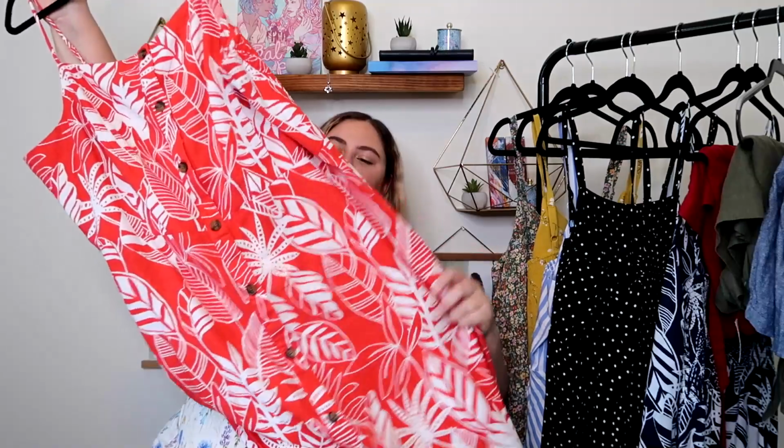This watermelon color is just, ugh, it's so summery. Oh my God, I love it. Just the color and the fit, it's amazing. I love it. As I said, I got lucky because they worked, but I got the exact same thing in